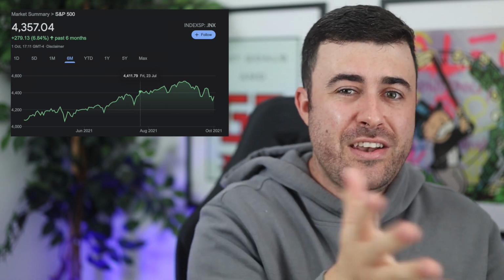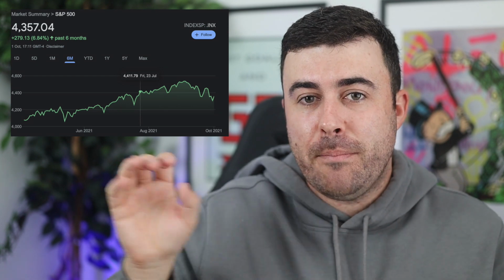Now, the first thing that I want to talk about is that just generally over the past couple of months, the market in general has been performing very much sideways. And if anything, it's been trending downwards, which is of course going to affect all stocks, right? If we just take a look at this chart of the S&P 500, as you can see, from the end of June, maybe July time, it has been very much trending sideways, and it has actually ended up lower now than what it was at the end of July. So when it comes to proving my point in that regard, I think that this chart does that justice. But personally, I think that the main thing that has caused an oversell of Corsair stock was